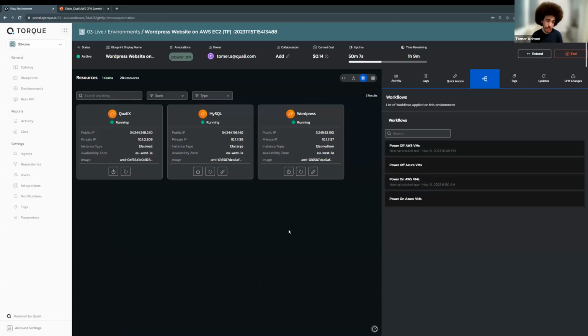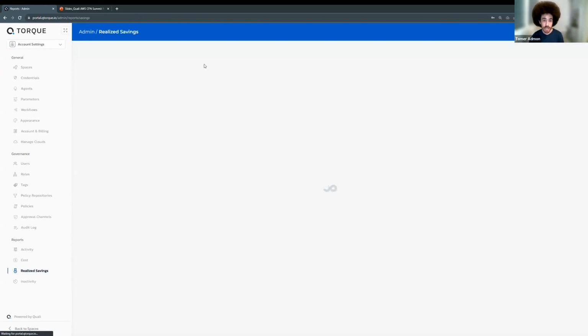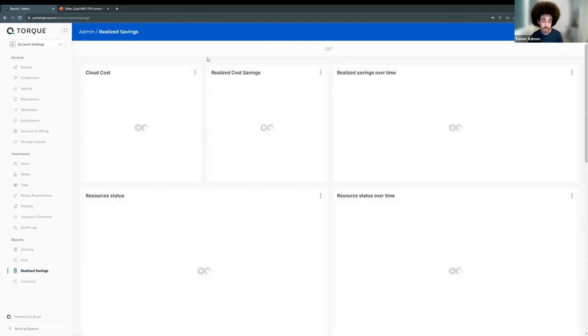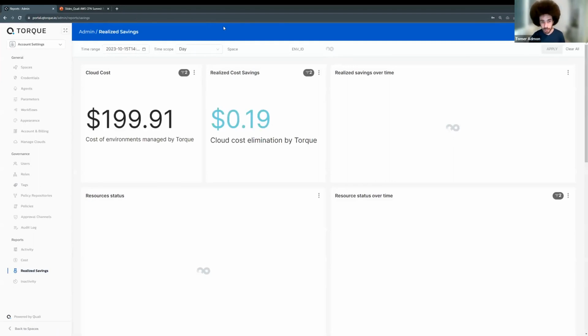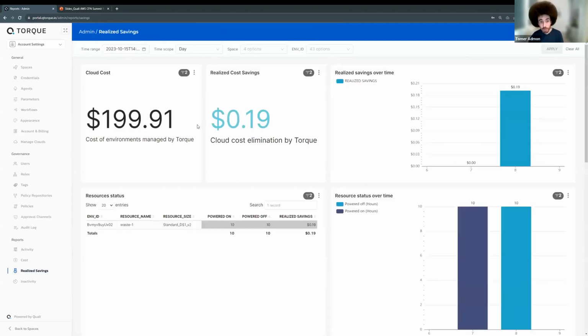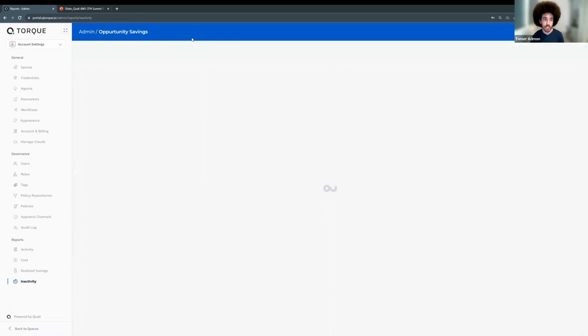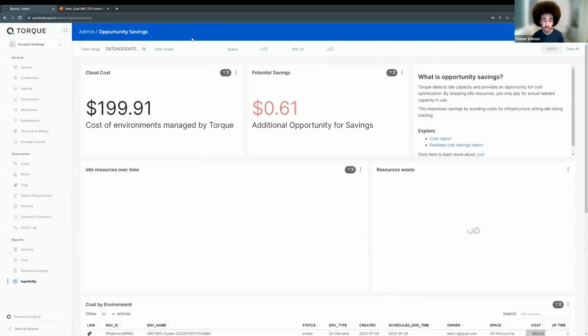So just think about this huge black hole of non-prod environments that you have out there in the different clouds. Just turning them off every evening, turning them on, or stretching them over the weekend, just that can reduce the cloud spend by a lot. And we have specific reports just for that to show that and also highlight where the potential savings are. So this is, for example, how much we pay, how much we save. In this case, because we are really doing just ephemeral use cases in this environment, it's not huge.